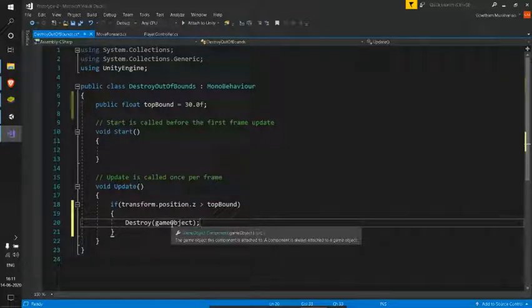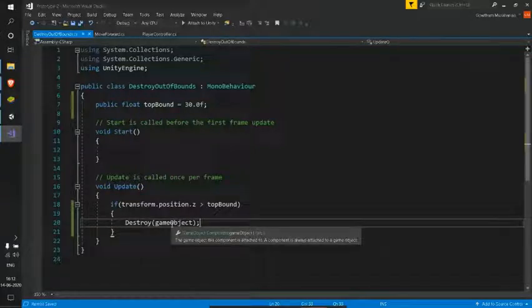As I have attached this script to my food game object as of now, this just means destroy this food game object whenever it goes off the bounds, like whenever its z position is off the bounds.